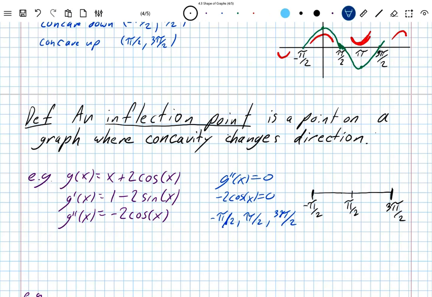Okay, and we said, oh yeah, these are the zeros. What's happening to cosine? Well, cosine is going from a positive value, because it's positive at 0, to a negative value. Okay, so my second derivative is changing from a plus to a minus, which means that I have an inflection point